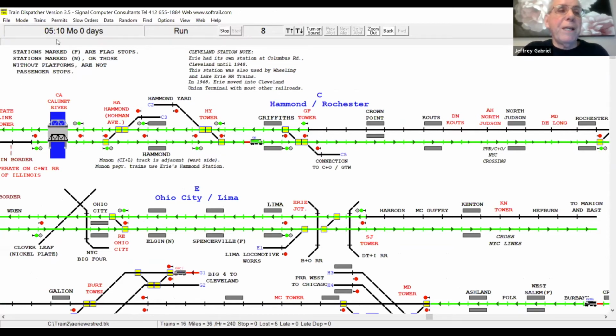If you look up here, right under this time, 5:10 a.m., you're going to see a blank space. Whenever you hover your pointer over a train, that window shows the train number, the exit that it's supposed to go to, the next area where it's supposed to work, and the next area where it's supposed to stop. So a lot of information.